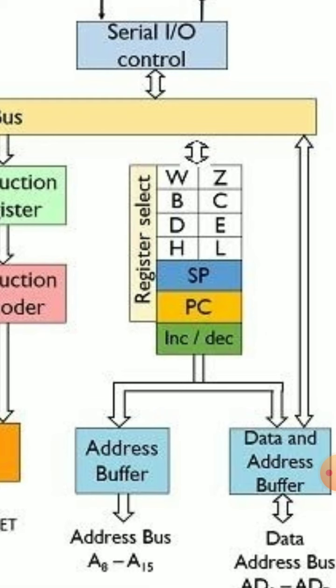What is the exchange instruction? The content of HL is exchanged with the content of DE: HL content goes to DE, and DE content goes to HL. During that exchange instruction, the HL data is temporarily stored in the WZ register. After the DE content is loaded, whatever content is in the WZ register will be transferred to DE. So during the exchange instruction, these temporary data registers W and Z will be activated.